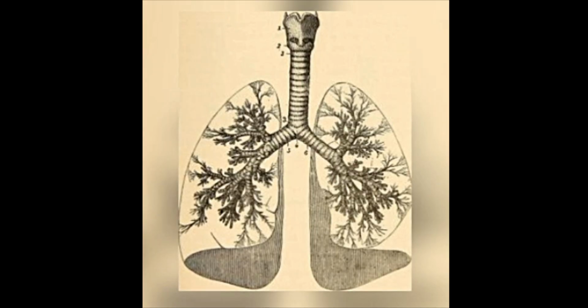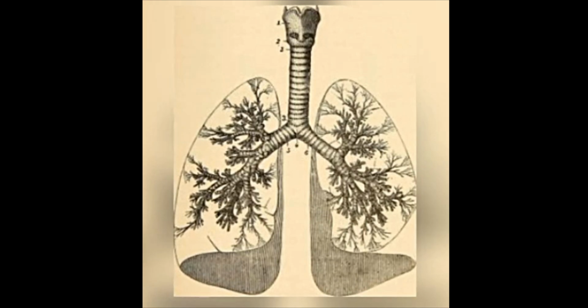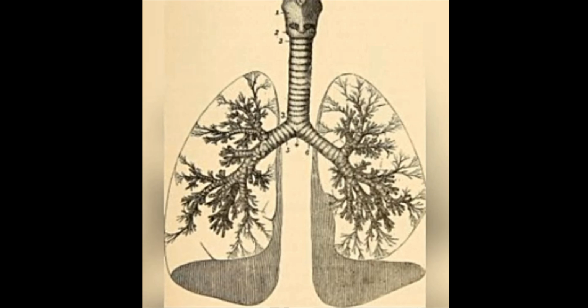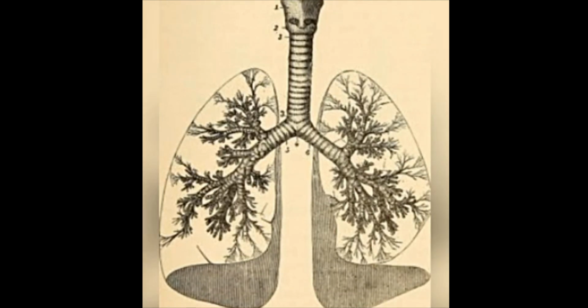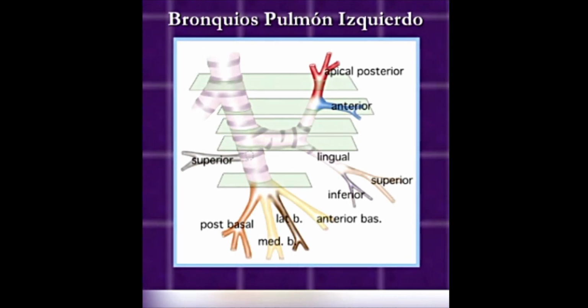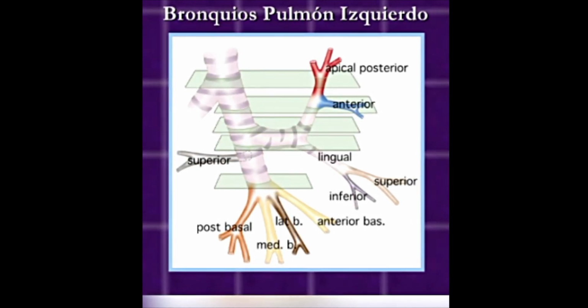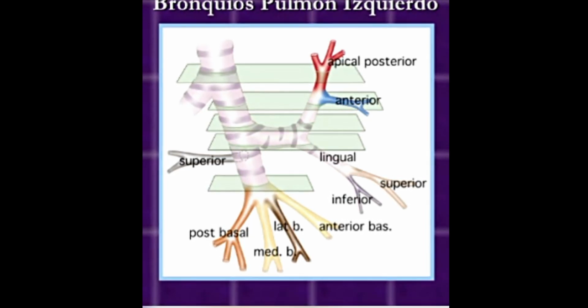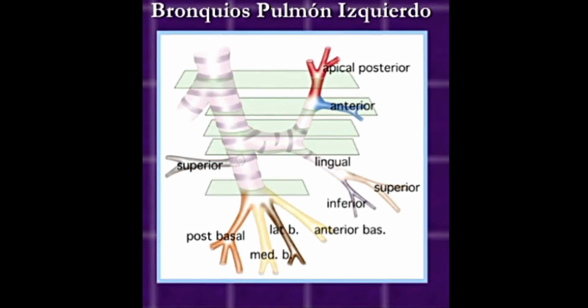However, the term lingula is used to denote a projection of the upper lobe of the left lung that serves as a counterpart. This area of the left lobe, the lingula, means small tongue and is often known as the tongue